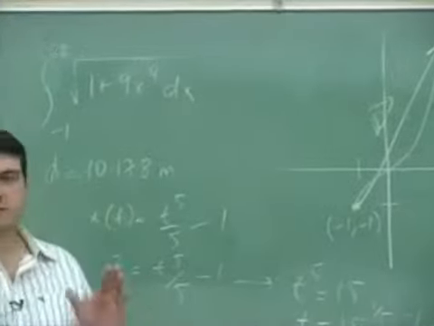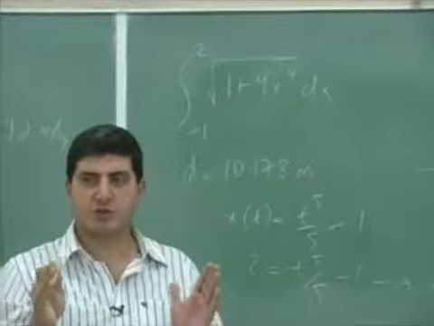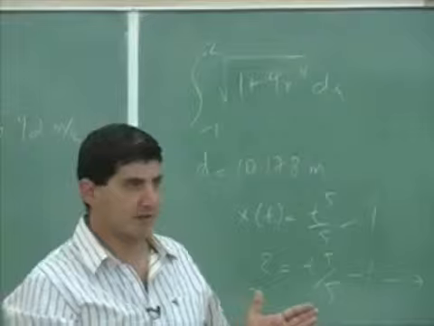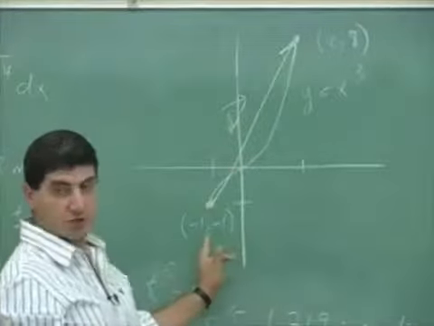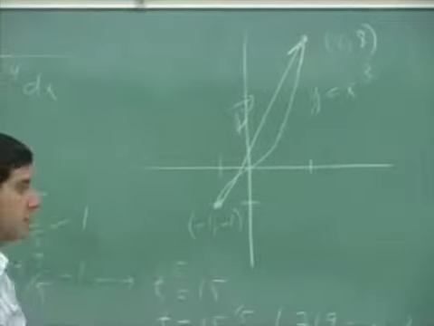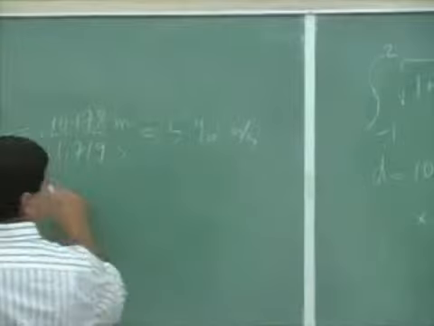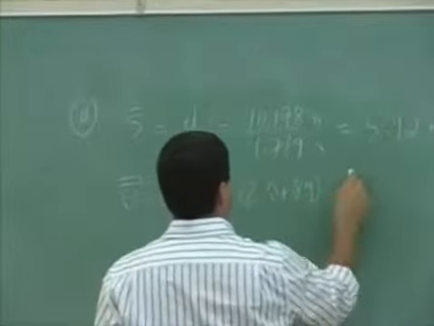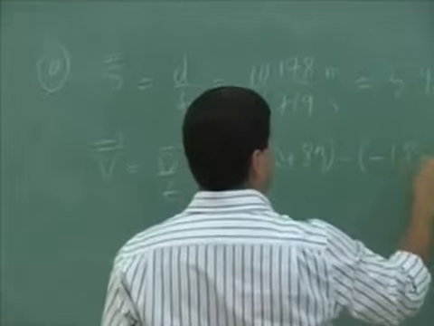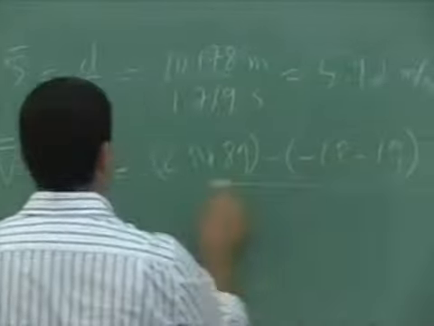So the displacement is going to be a little bit shorter than the distance, right? How do we get the displacement? Well, it's the final position minus the initial position, right? That's basically it. So 2i hat plus 8j hat minus negative 1i hat, negative 1j hat, over the total time